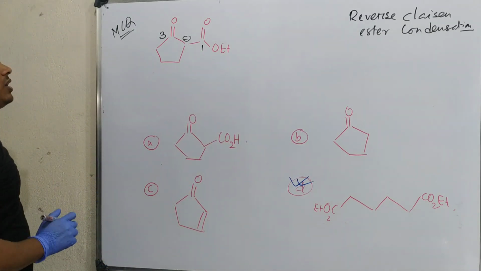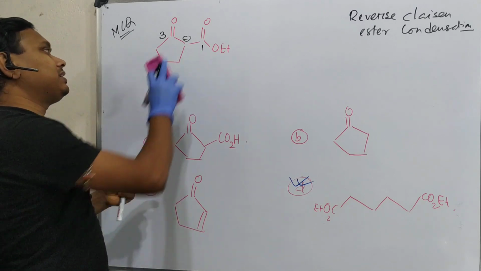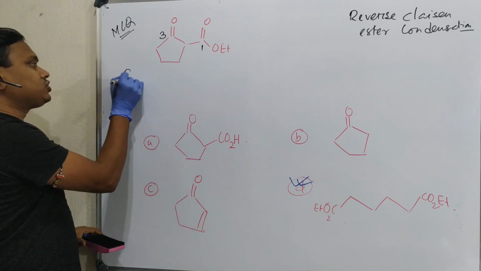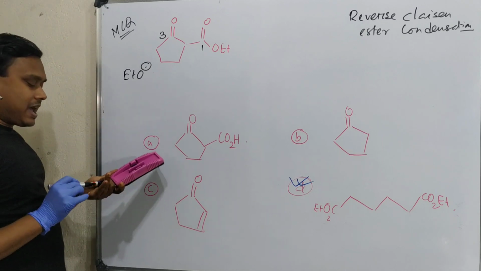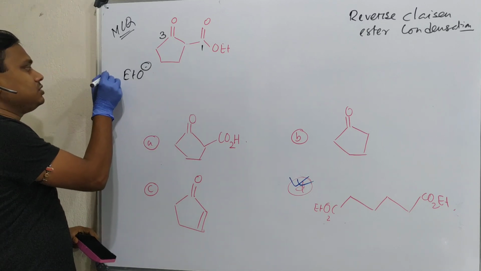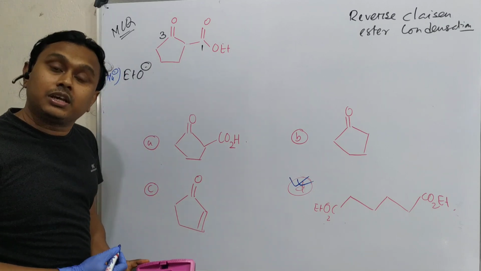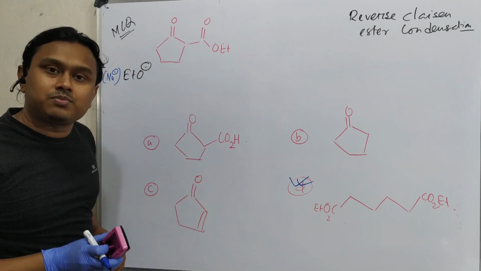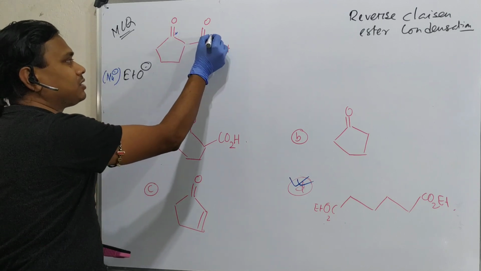Now fine, we got it. So what can we expect? This acid-base reaction is one thing possible, but there are some other options. What do I mean by the other option? See, it is actually EtO-. It can act as a base as well as it can act as a nucleophile. So if it acts as a nucleophile, meaning an anionic nucleophile, what can it do? It can react at the electrophilic center. So by looking at this molecule, how many electrophilic centers are there? Actually, in this case, center number 1, center number 2.